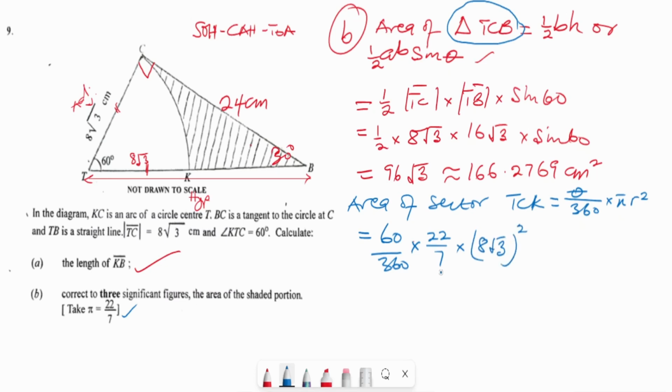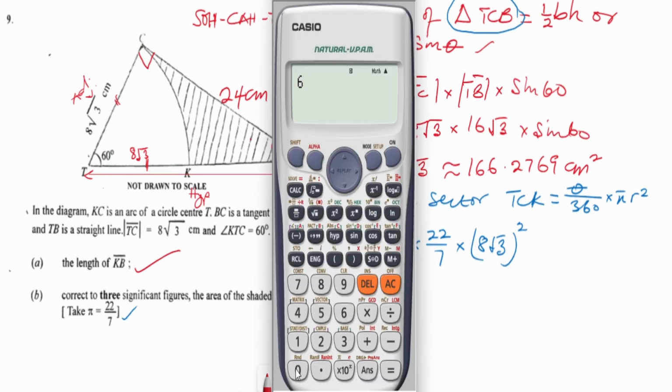And let's just put that into our calculator. 60 over 360 times 22/7, then times 8√3. Remember to bring the cursor out, and then squared. And then we hit the equal to sign. And that gives us